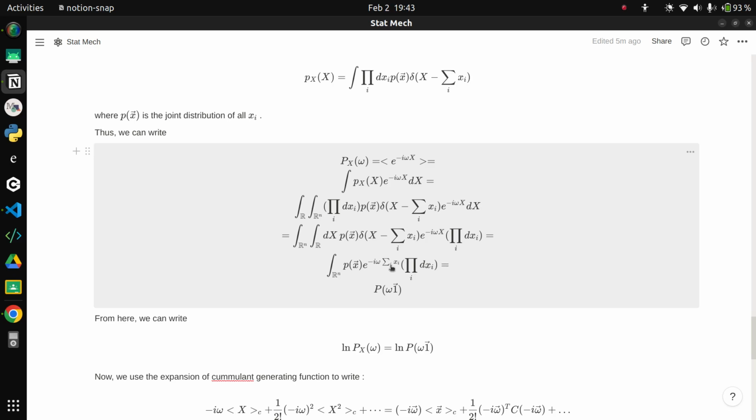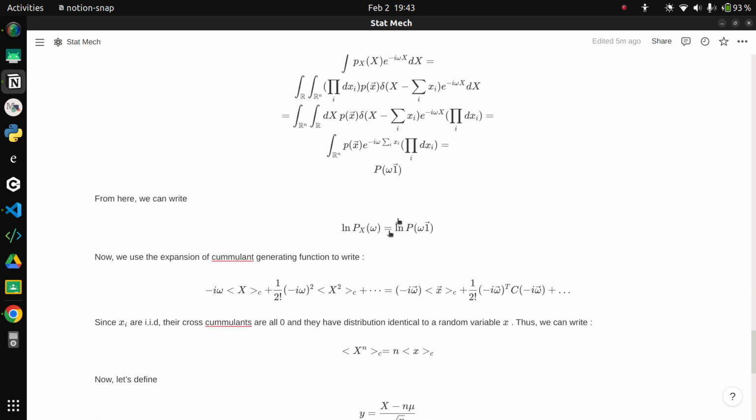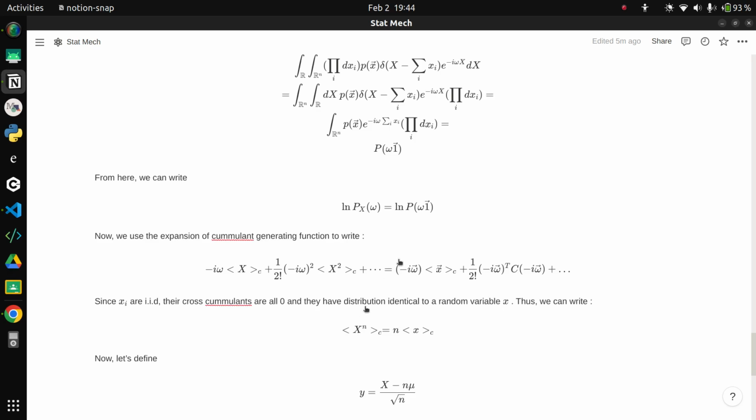And so from here we can take a natural log and we can write the cumulant generating functions or a relation between them, and from there we can expand these, right, using that summation thing that I showed you earlier, and compare term by term. So when I say term by term, I mean like powers of omega, compare powers of omega basically, because this should be an identity in omega obviously. And comparing, what you get is that